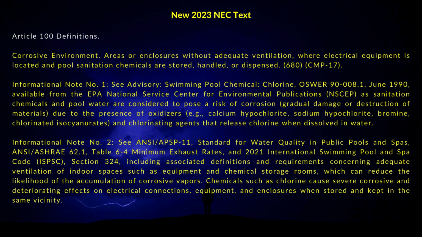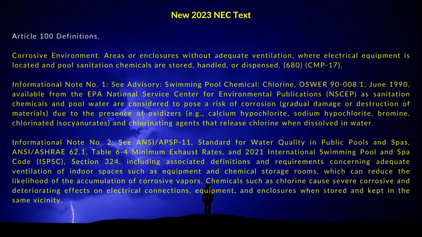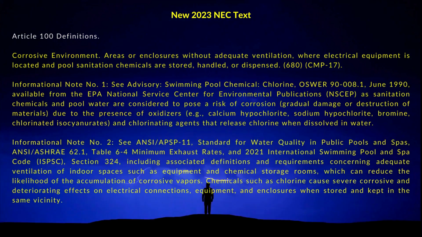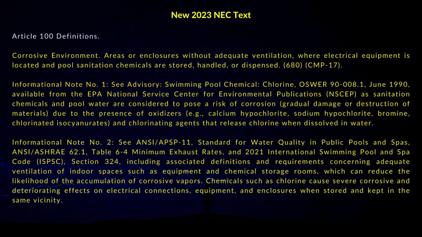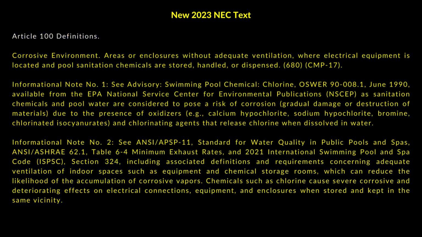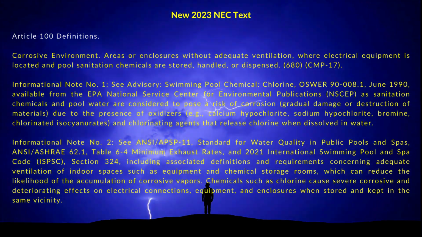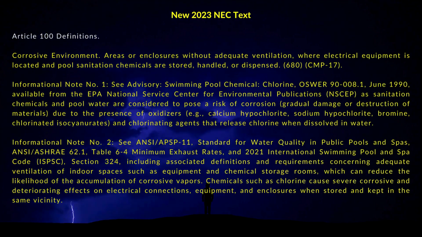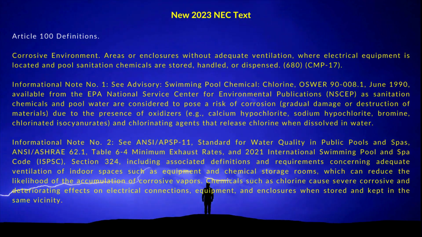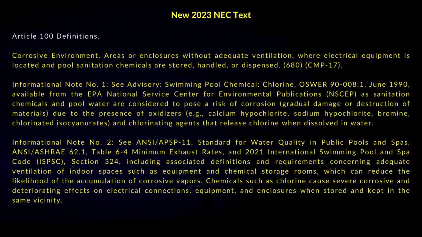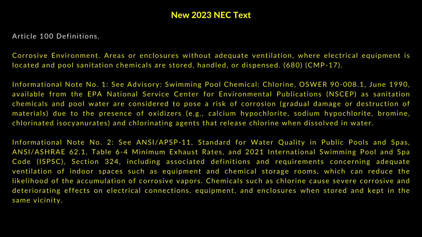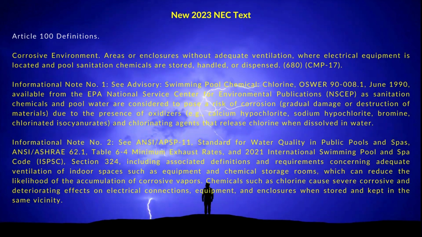The new 2023 NEC text, for corrosive environment, states that areas or enclosures without adequate ventilation, where electrical equipment is located and pool sanitation chemicals are stored, handled, or dispensed. Informational Note Number 1 states that, see Advisory, Swimming Pool Chemical, Chlorine, OSWER 90-008.1, June 1990, available from the EPA National Service Center for Environmental Publications, or NSCEP,